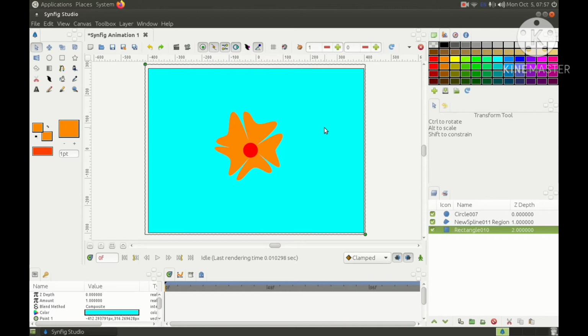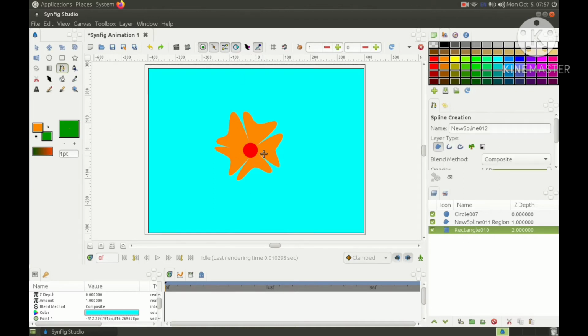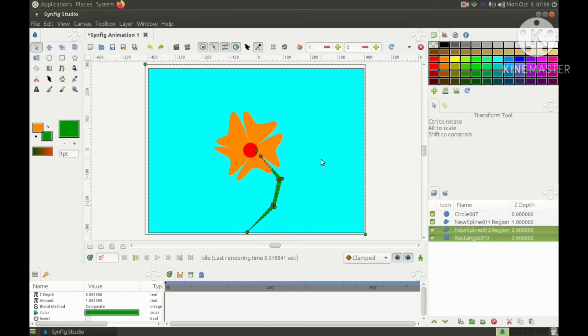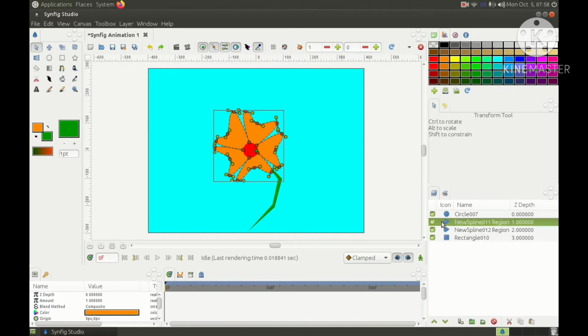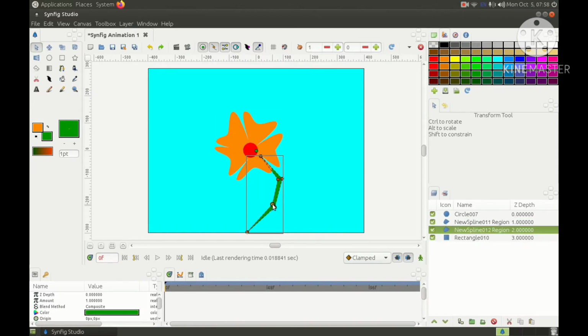You can create it your own way. Now I will create a stem over here. So select green color and again select the SP-line tool. Right click and loop SP-line. Okay, now we will again give the smooth curves over here.